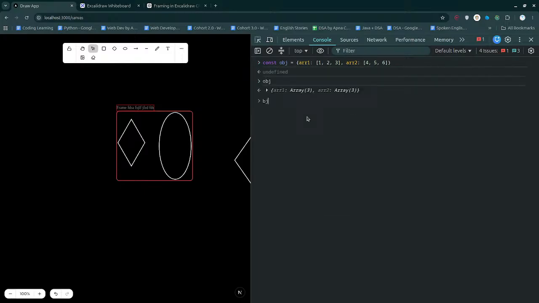Now if I get obj of 0 index, that's actually